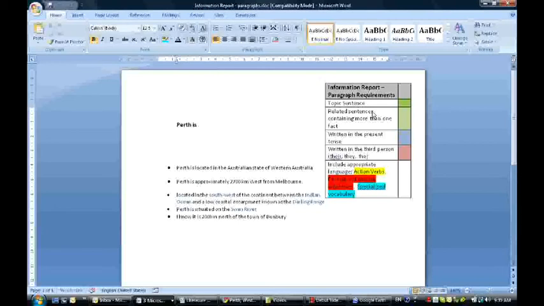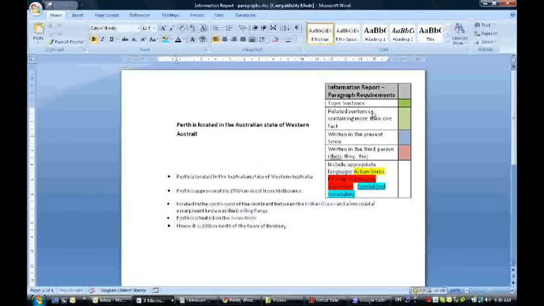Perth is located in the Australian state of Western Australia. Okay. Perth is approximately 2,700 kilometres west from Melbourne. Okay, and also I'm looking at the next two here. Located in the southwest of the continent between the Indian Ocean and a low coastal escarpment known as the Darling